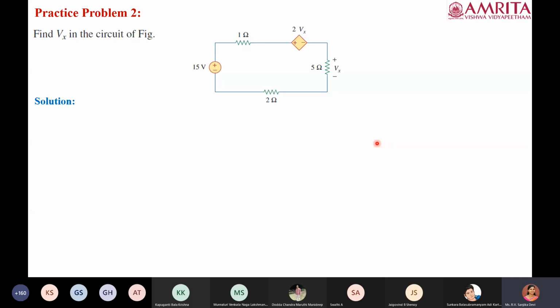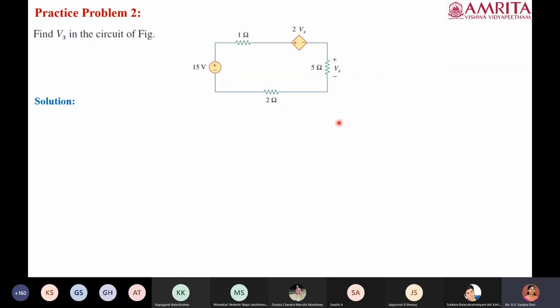Once you get a grip of the subject, you can easily solve any numericals. Even when you come to higher semesters, it becomes very, very easy for you to grasp the subject. It is like learning the foundation of mathematics, the basic addition and subtraction. If you learn it, when you grow up, it becomes easier, rather than learning it again at a later point of time. So please take it sincerely and do the numericals.